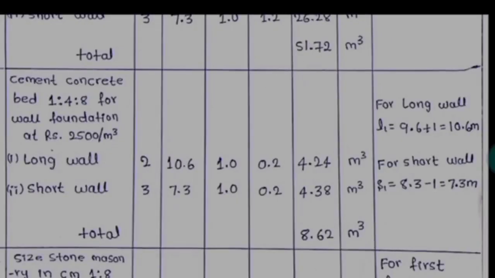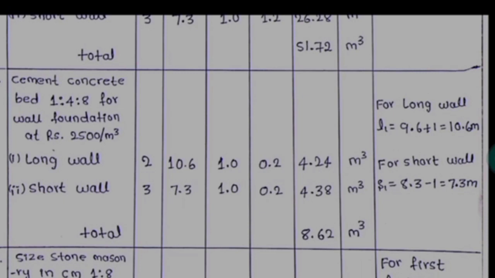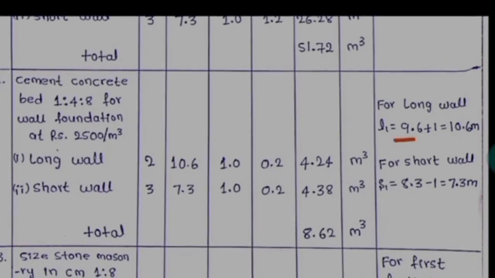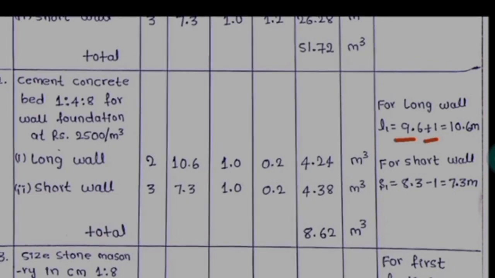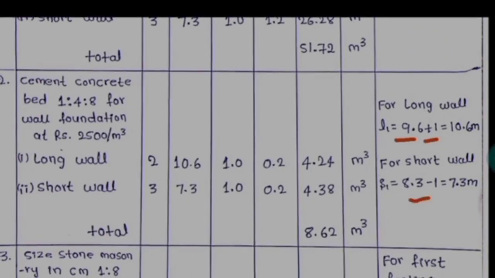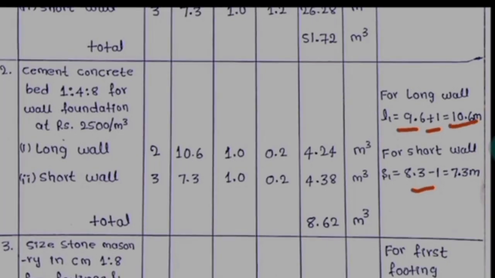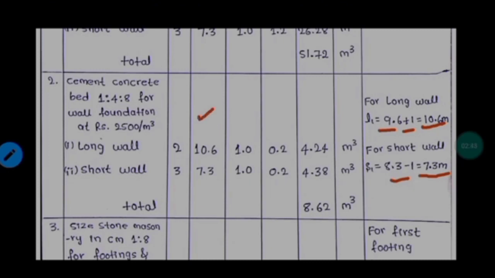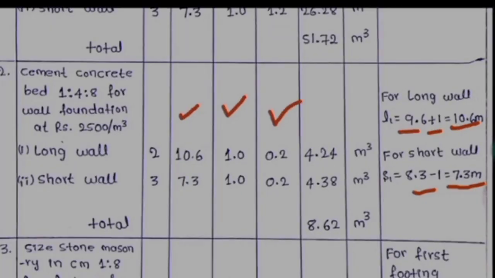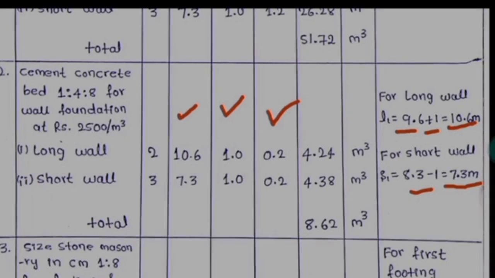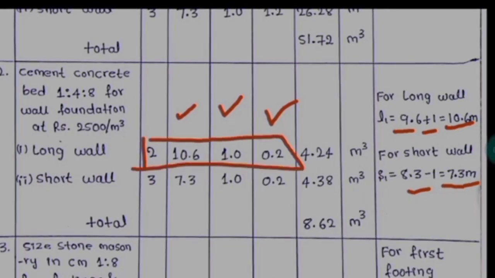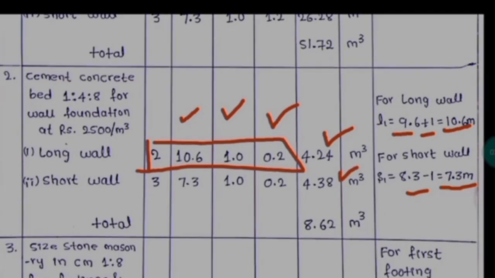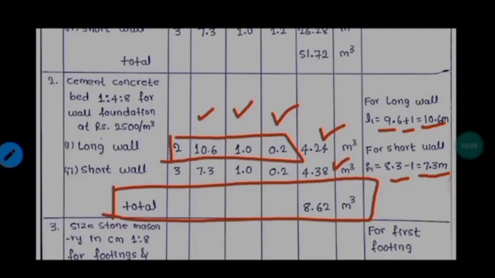So here also we calculate the length of the long wall and short wall. 9.6 is the initial length and 1 meter is the width of the PCC bed, and deduct the same width for the short wall. Then 10.6 meter is the length of the long wall and 7.3 is the length of the short wall. That we write in the length column. Width of PCC is 1 meter, depth of PCC is 0.2 meter. Then multiply all these, and you will get the quantity of the long wall as well as the short wall. Then add the quantity of the long wall and short wall, and you will get the total quantity of the